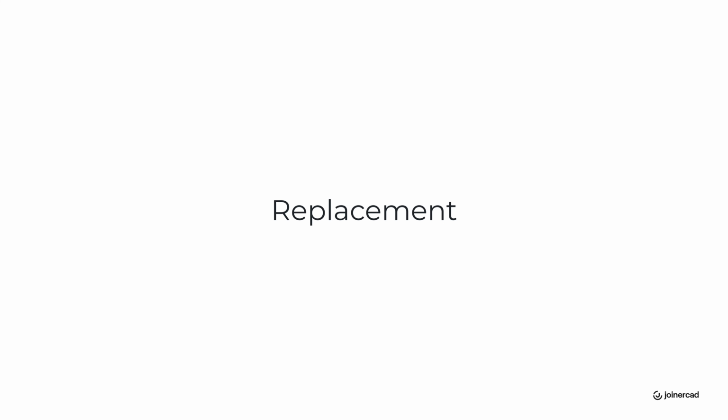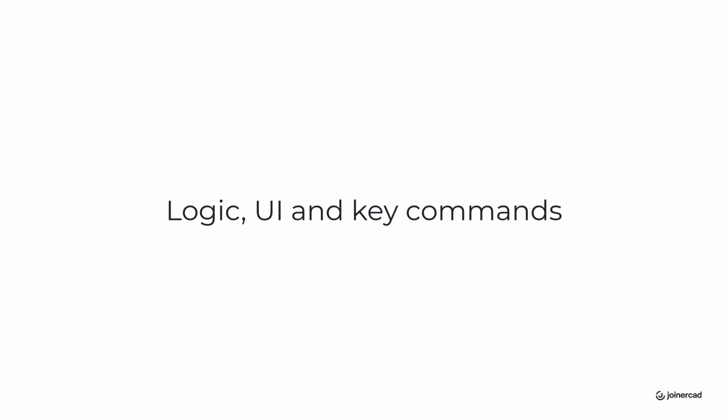I am very excited to introduce the updated replacement mechanism for Windows and Mac OS, which allows users to very quickly manipulate material codes, names, and hardware component codes. This tool will allow you to quickly prepare documentation, assign codes, assign ERP information, or even calculate the cost of a product. With the JoinerCAD installation, we provide examples that you can use and adapt to your own needs. I will now explain the logic of the tool, show the user interface, and the essential commands.